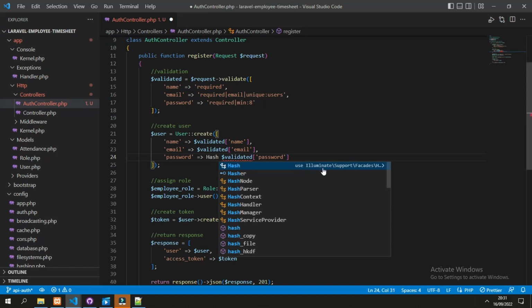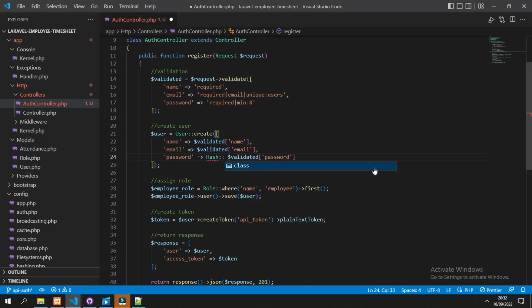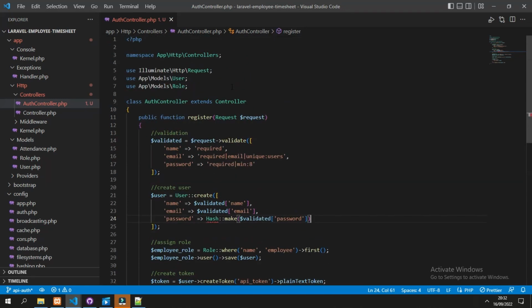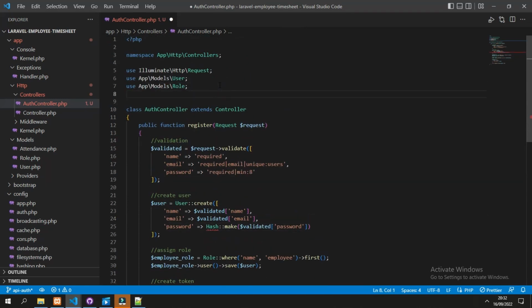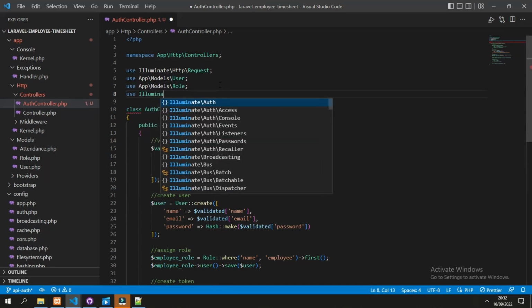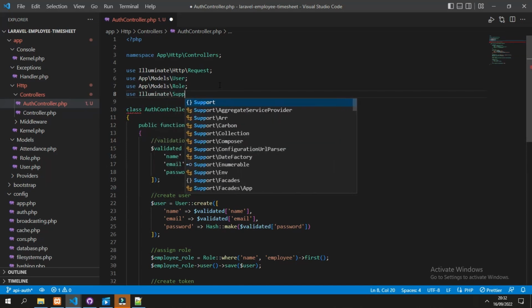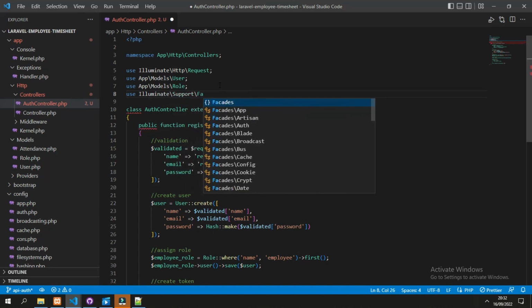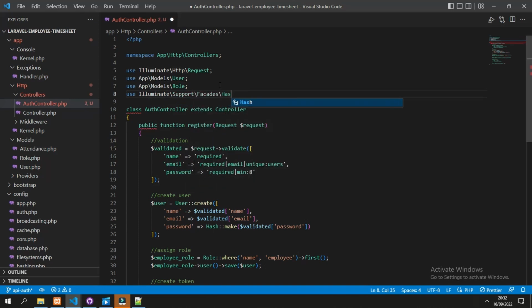This class is from the Illuminate Support package, Hash, so we call the method to make the hashed password. Also we need to import the library Illuminate Support Facades Hash.